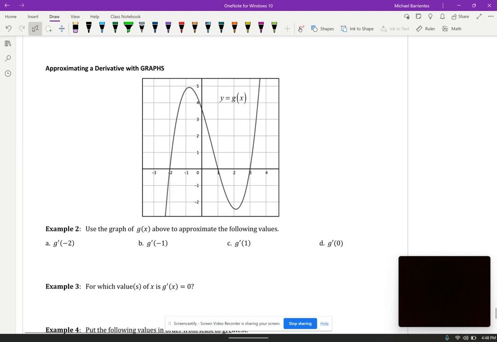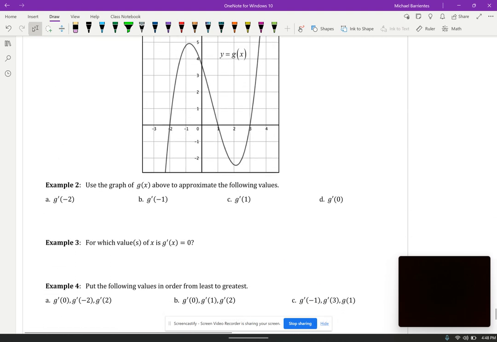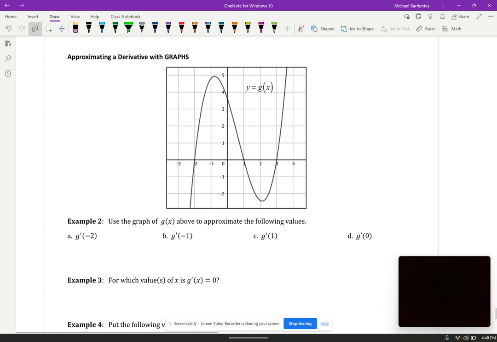If I go to the back part, we're going to approximate the derivative using graphs. Let's see. Using the graph of g of x, can you approximate the following values? Can you find the slope of the tangent line, the instantaneous rate of change, the derivative of g at negative 2? Well, I'm not a very good drawer, so I'm going to do this. And again, we want to approximate it by,